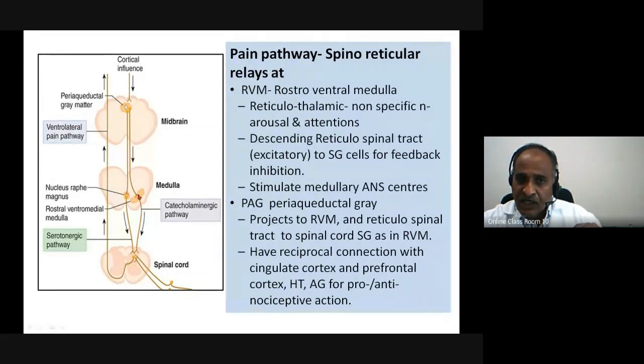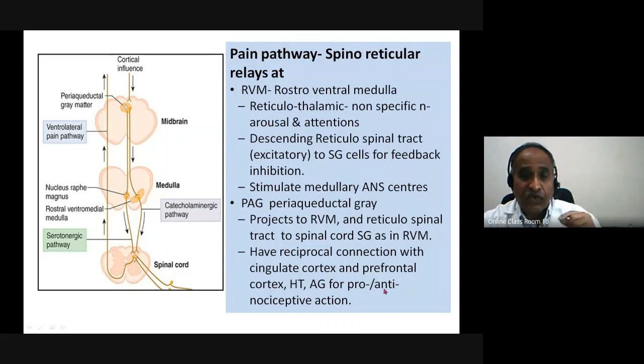One is adrenergic, another is serotonergic, and these in turn project onto the spinal cord. So these periaqueductal neurons receive input from reciprocal contacts with the amygdala, the hypothalamus, the cingulate cortex, the insular cortex, and the prefrontal cortex. That's what I have written. They have a reciprocal connection with the cingulate cortex, the prefrontal cortex, the hypothalamus, and the amygdala,